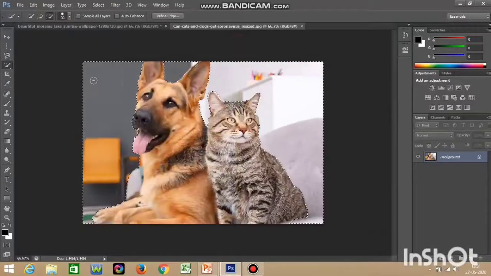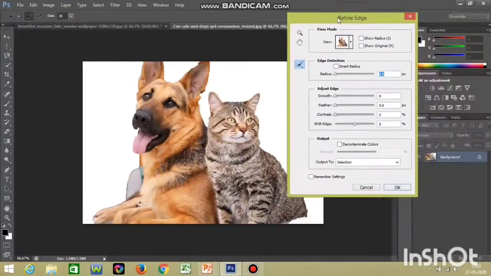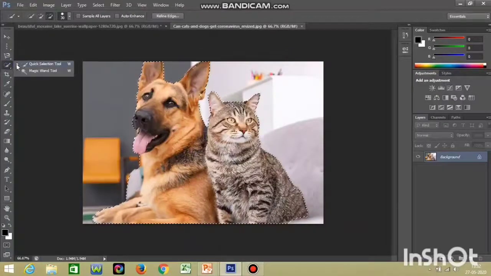Oh, I've done something. Okay, I'll just give you a small tip. When you're selecting something with the quick selection tool, now I have selected the background, but I need the dog and cat image, so I have to use Ctrl+Shift+I. That is a shortcut. If you just use it, now you can see the dog and cat alone is selected, not the background. Now when you go to refine it, you can see the dog and cat image exactly. So if you want to remove the background, this is one of the methods which you can use. So that is the quick selection tool.